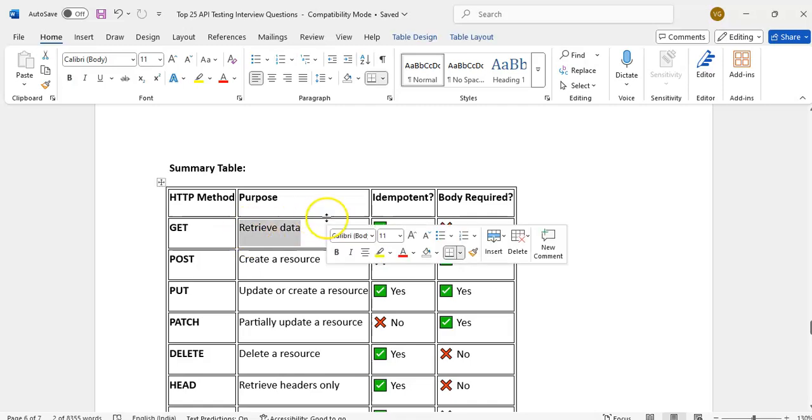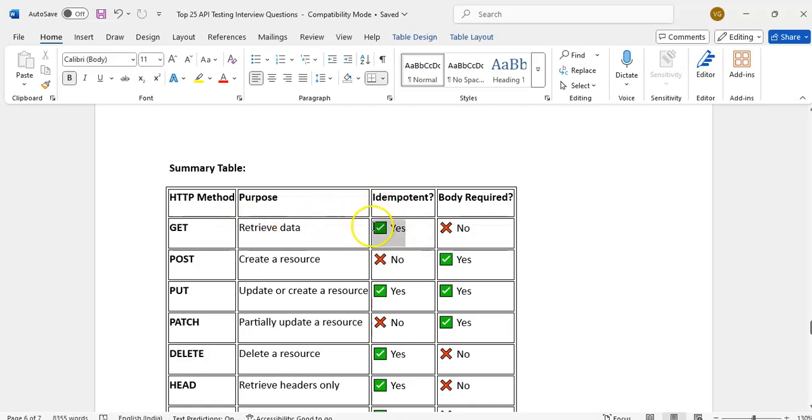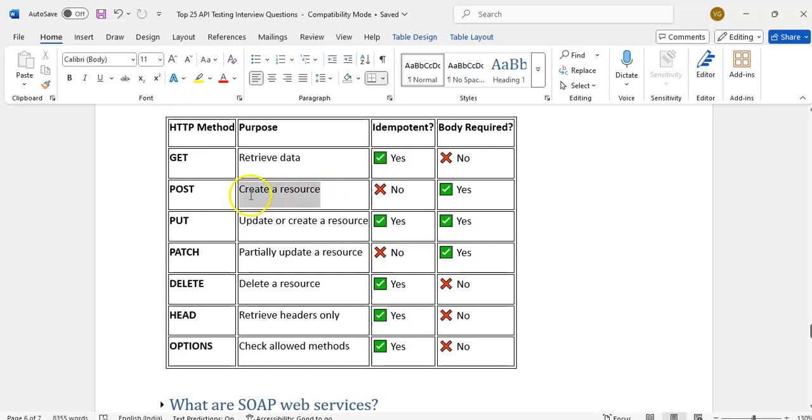Get is used to retrieve the data. Get is idempotent. Post is to create a resource. It is not idempotent. Put is to update or create a resource. It is idempotent. Patch is a partially updated resource. It is not idempotent.